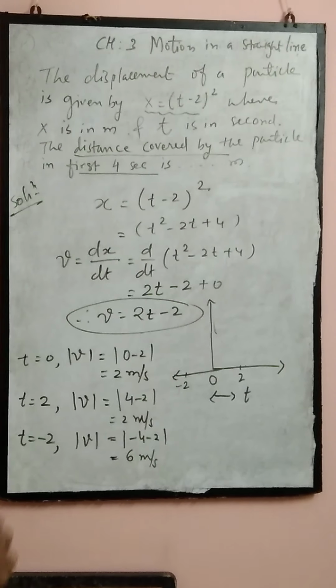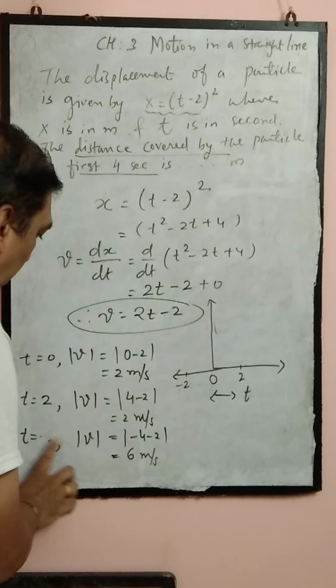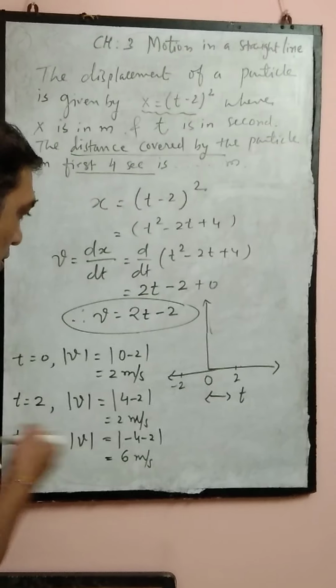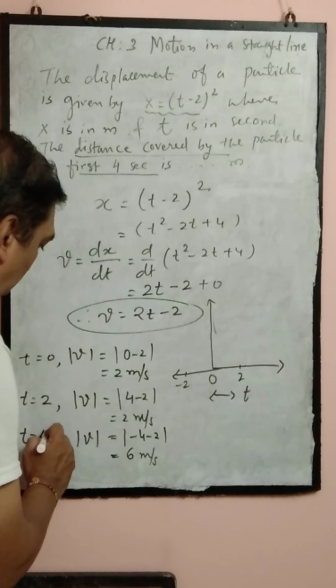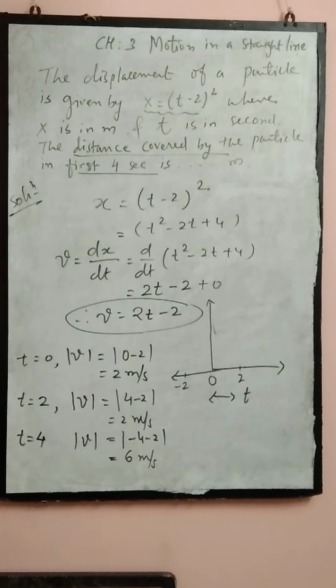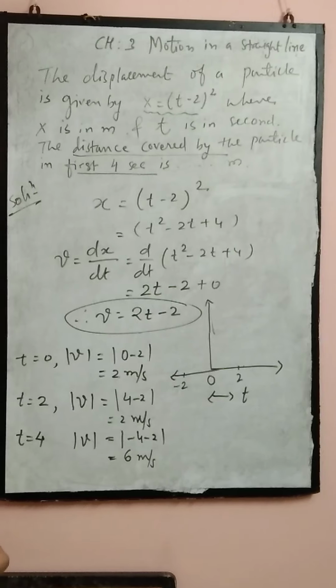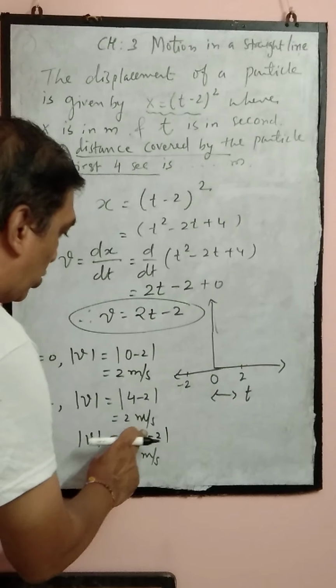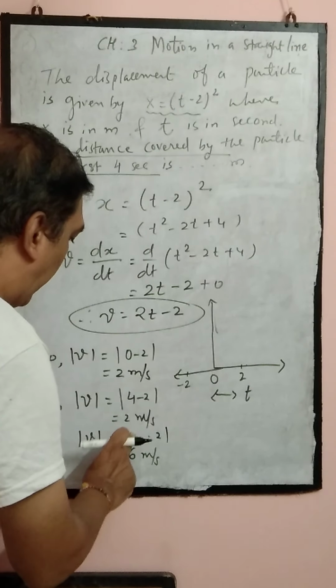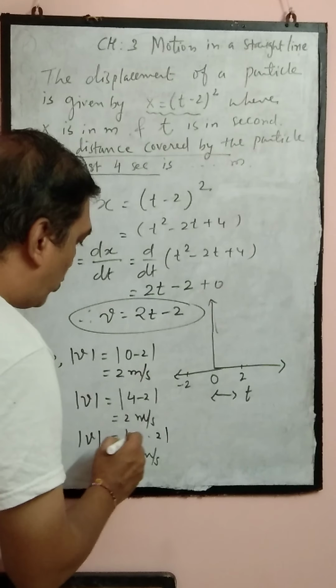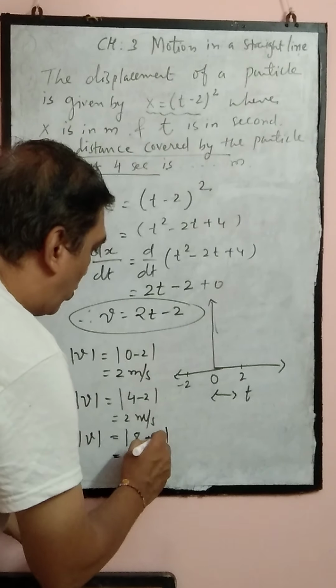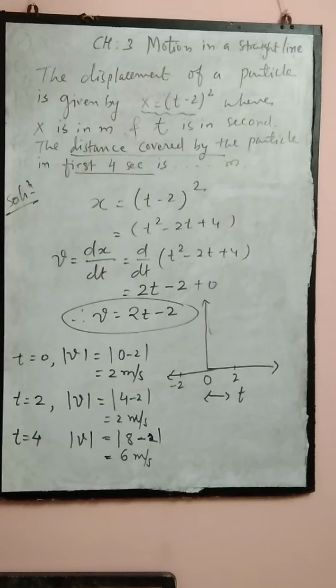second. So when you take t equal to 4, there will be no negative time scale. Okay, so at t equal to 4, what will we get? 4 times 2 minus 2, that is equal to 6 only. So here, what will I get? At t equal to 4, 4 times 2 minus 2, 6 meter per second.